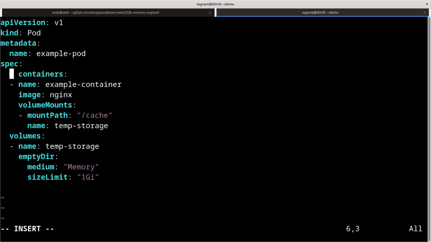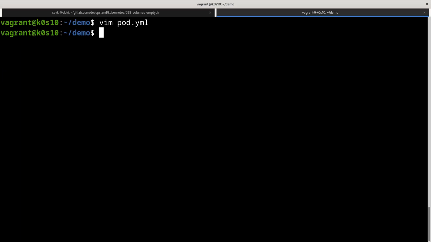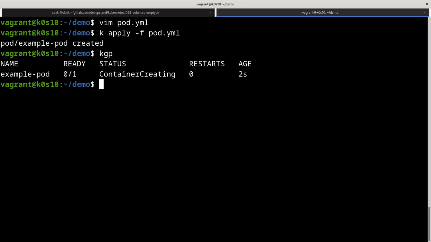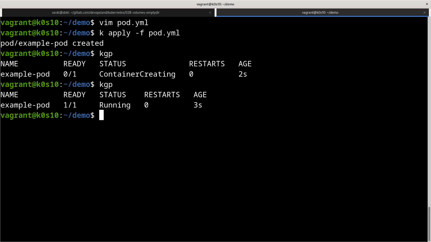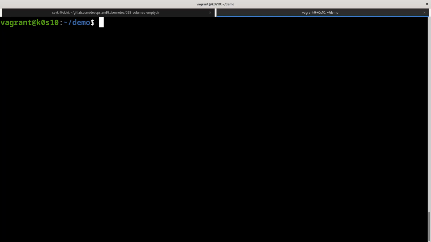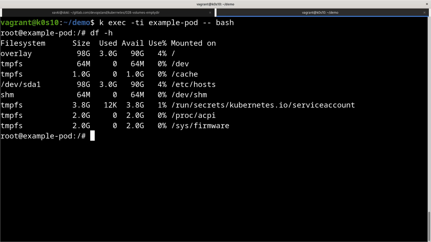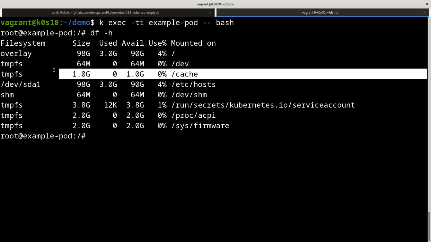So if I just run it again with an apply like that, I can just check. Normally it's quick because we already pulled the Nginx image previously, and now we can exec again like that. Of course, inside it we have exactly the same thing that we had before,